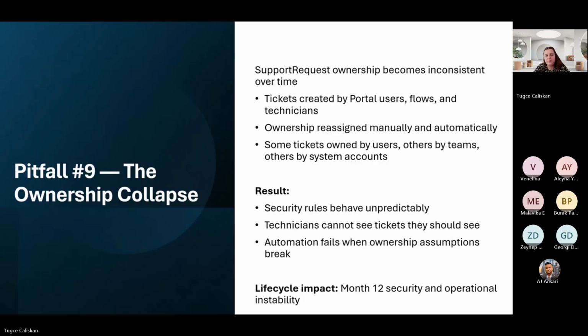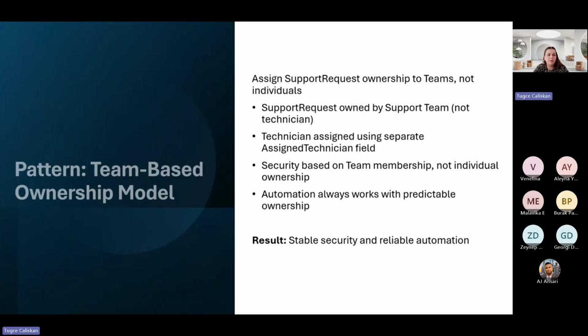So to fix this, we'll touch base on the team-based ownership model. Instead of assigning ownership to individual technicians, the agents, we should have the support requests owned by support teams. Responsibility should be tracked separately using an assigned person, let's say an assigned technician field.